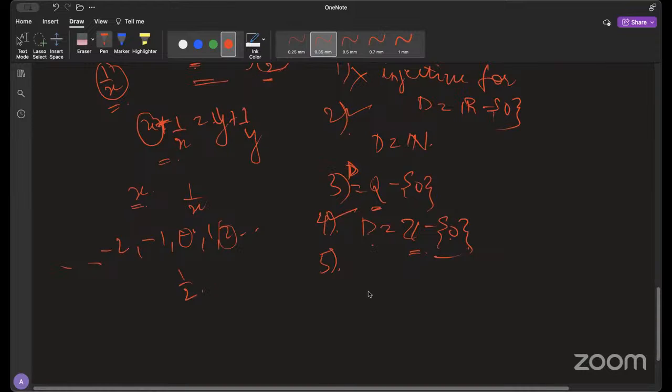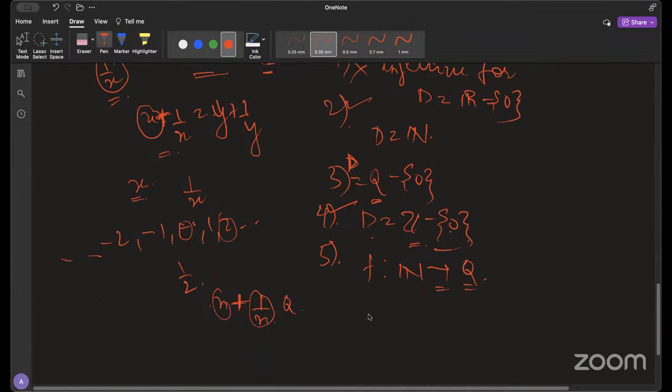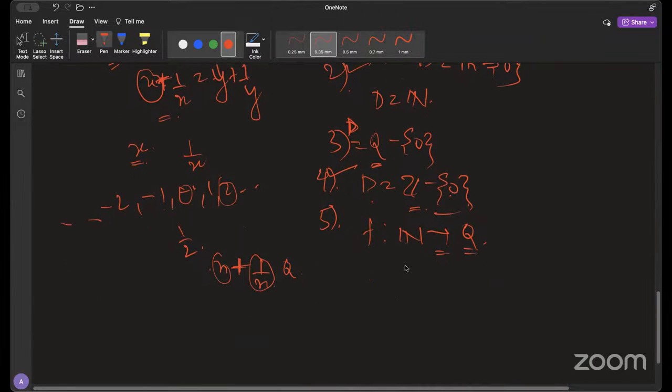And then for the fifth one, if it is from N to Q, then it is a surjective function, because if you put a natural number here, say any natural number, and then you do 1 by n here. So it's definitely natural number plus multiplicative inverse of a natural number, which is obviously a rational number. And okay, so it's here. And can we have,